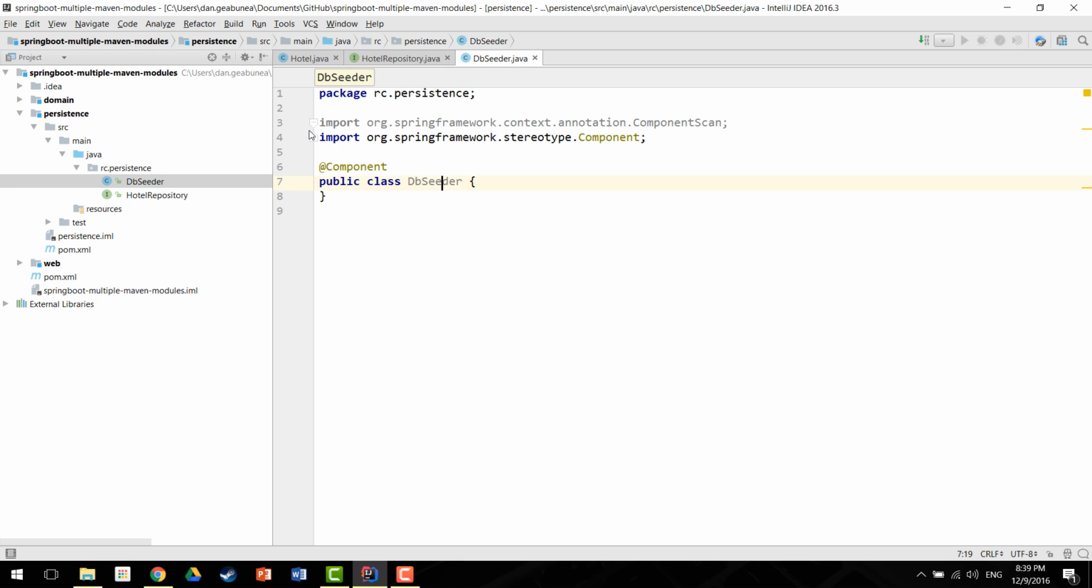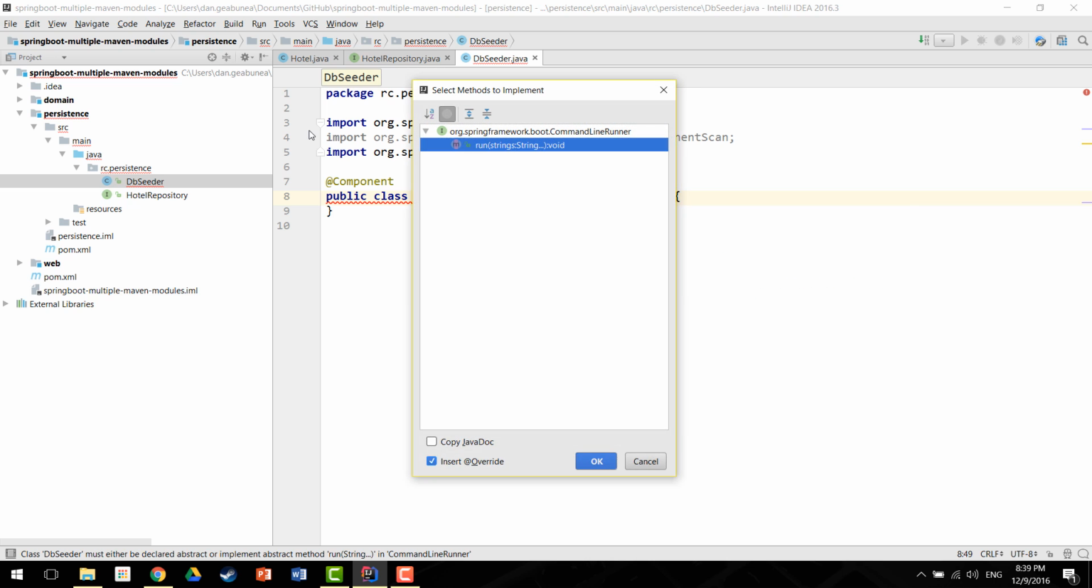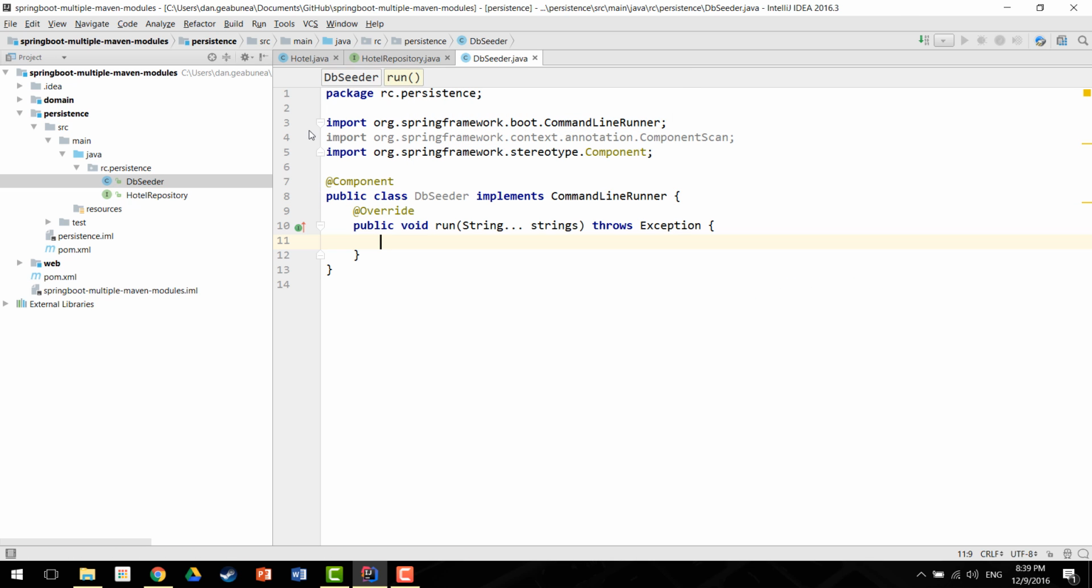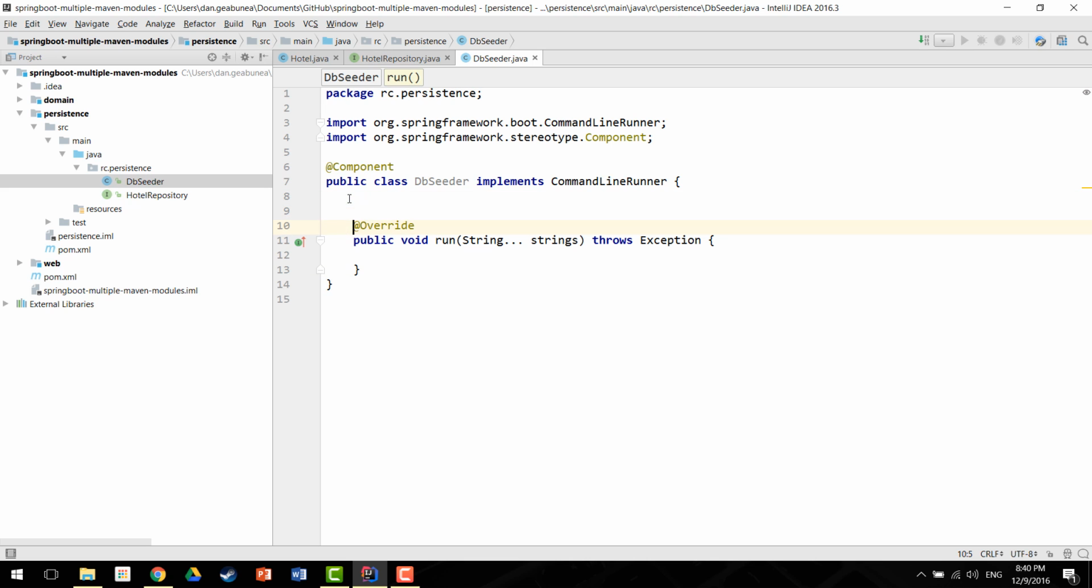And it needs to implement the command line runner interface. If we implement the command line runner interface, then this class is going to be automatically executed by our Spring Boot application at startup. So we can populate our database exactly after our application gets started. And I want a dependency on hotel repository,